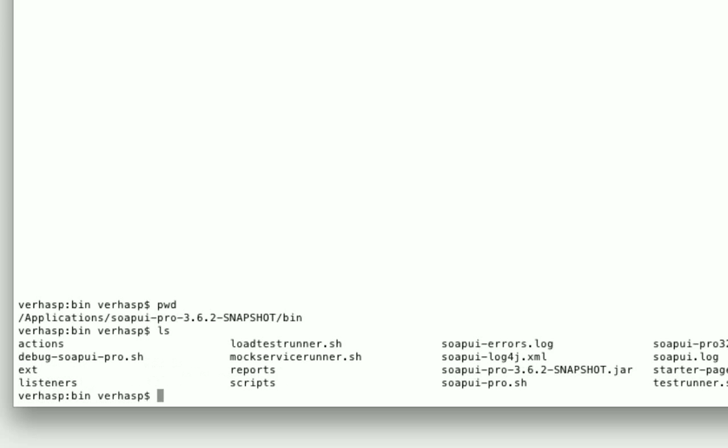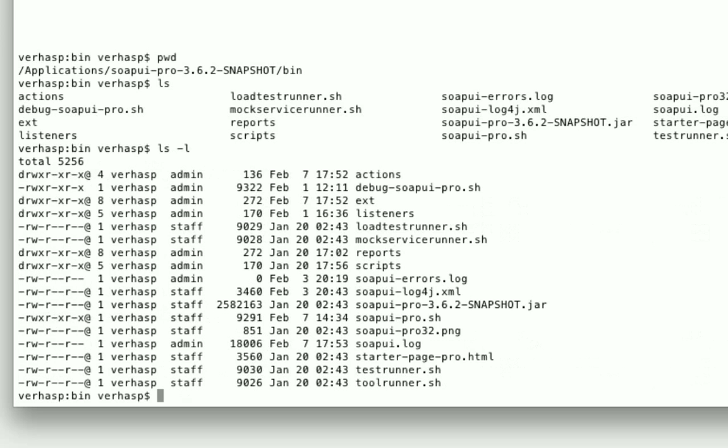And if we look at the list of the directories that are here, you can see that there is a directory which is called actions, and there is a directory which is called listeners, and also there is a directory ext. These are the subdirectories that are interesting for us right now when we are talking about Pegamento